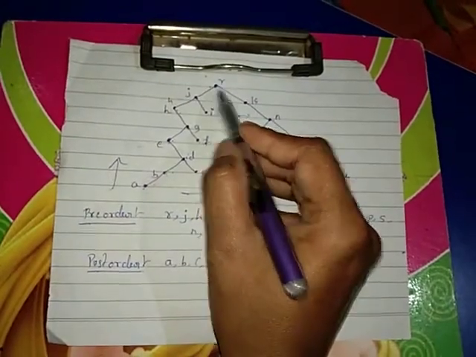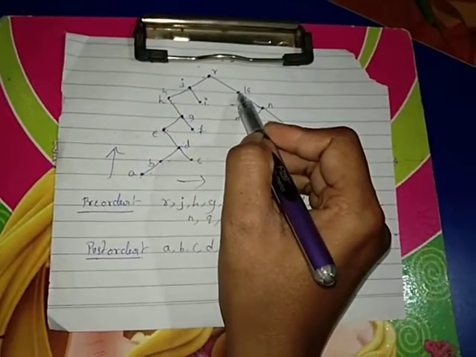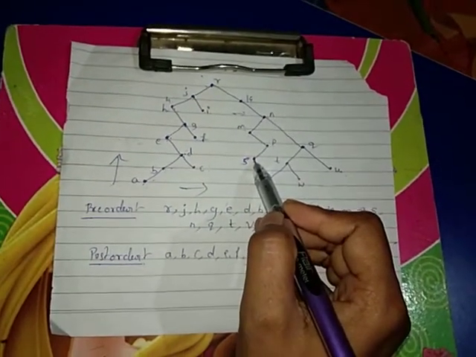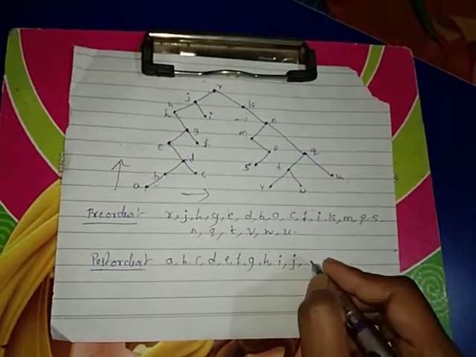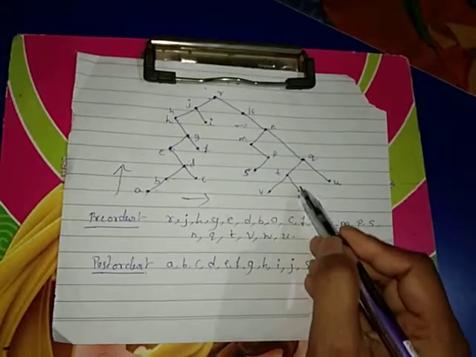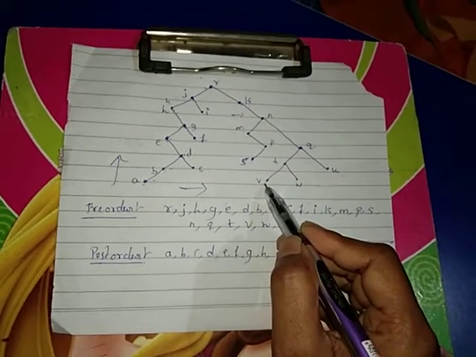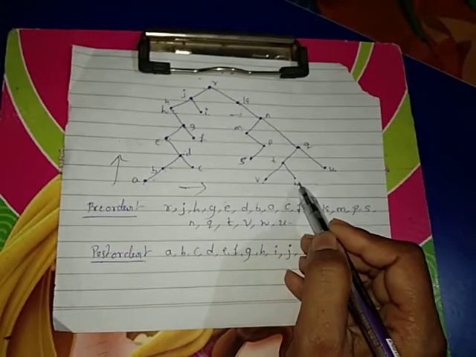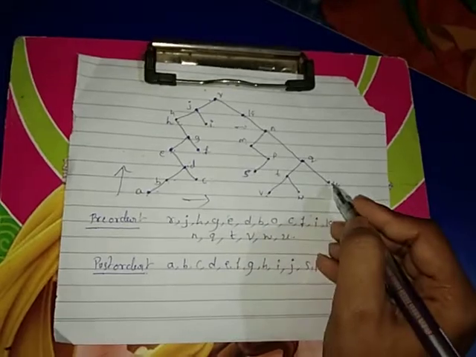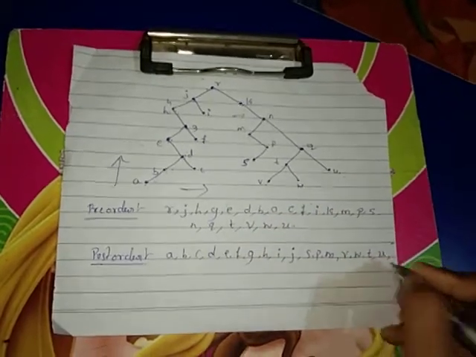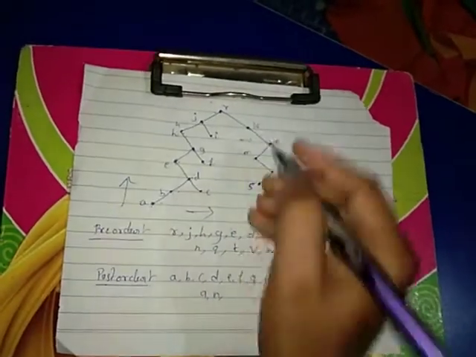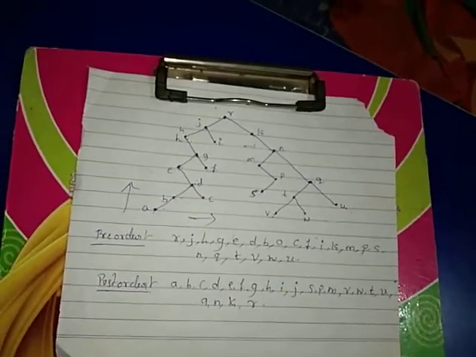So next R is divided into one more subtree, K. So in the K, first we move to the leftmost. So first we obtain S. S, P, M. Again K is divided into N. In the N, the leftmost on the left side is V, W, T. And then on the right side we have Q. Going up we have Q, N, K. At the last R.